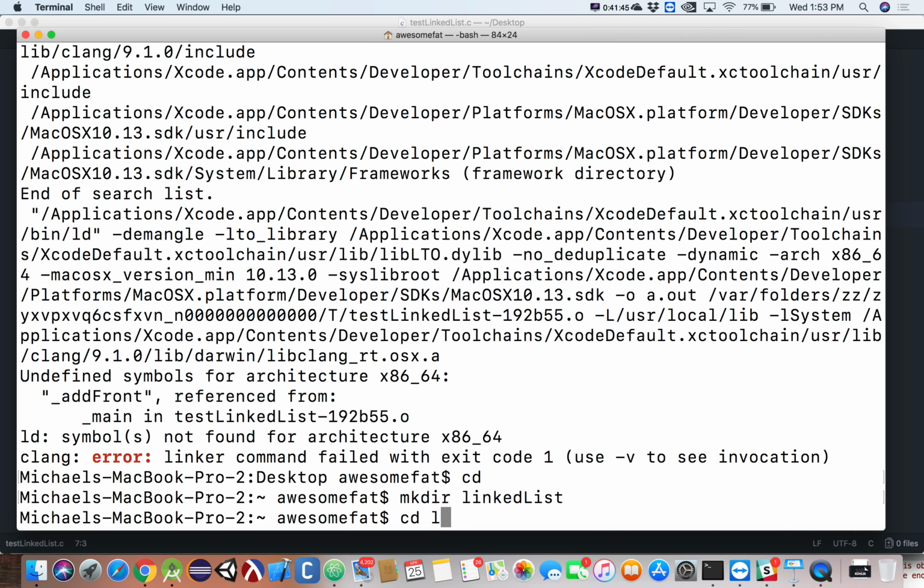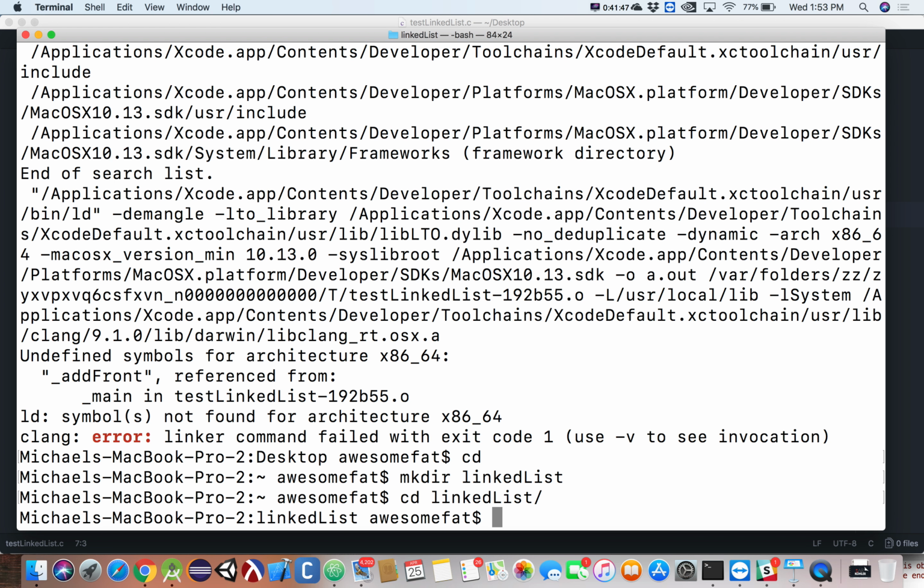I'm going to make a directory called linked list here. I wonder if it has something to do with me calling GCC with sudo. Although, are you having yours in your own directory without using sudo? It's getting the same issues. Same issues, okay. One thing I'm seeing is, looks like it may be because